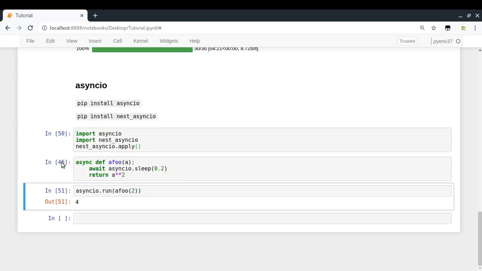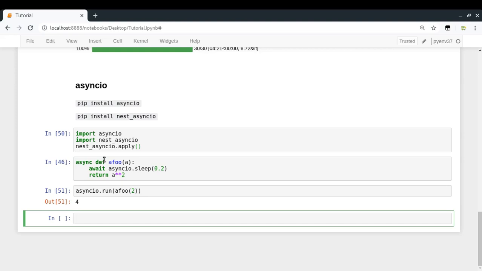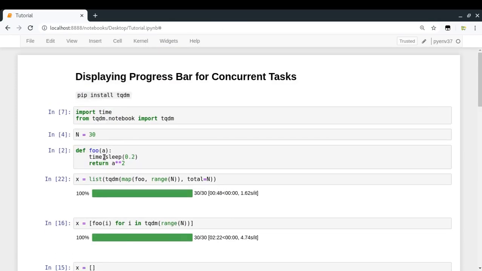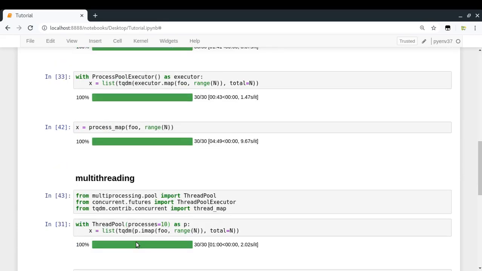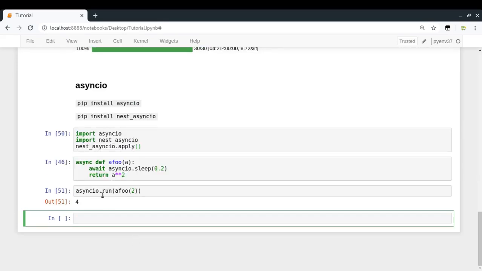You have to use asyncio.run, and that function will run asynchronously, and that's what we're interested in because this helps me do concurrent execution of multiple tasks. So what I need to do here is run it n times, from 1 to n minus 1. I want to get a list which contains the squares of all those numbers. So how to do that using asyncio?